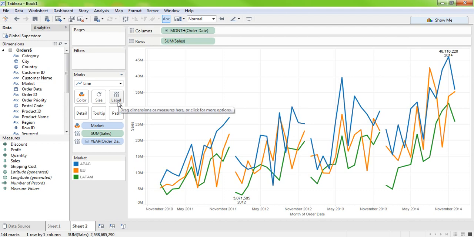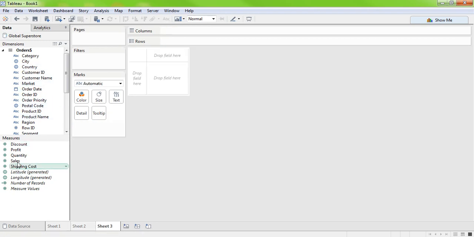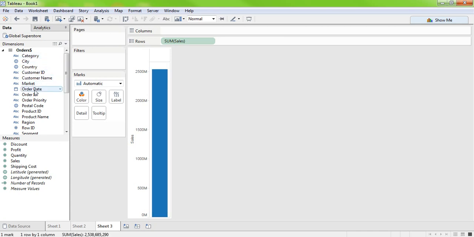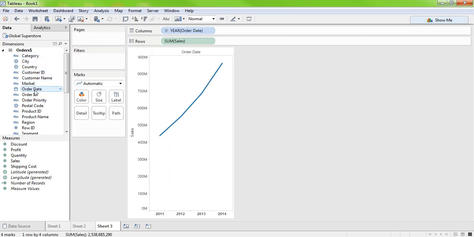Now continuous versus discontinuous. Again I am going to take the third thing. Same, I'll do sales, double click, order date, double click, and your measures are continuous. If you see, the measures are continuous, so we are going to see the measures are continuous and dimensions are discrete. This is how you can identify continuous and discontinuous. So here I have shown you what a line chart is. We meet again with the next diagram, that is called pie chart, in the next coming